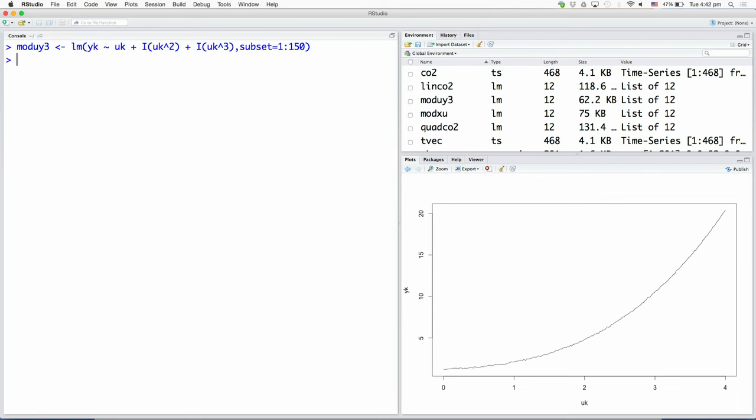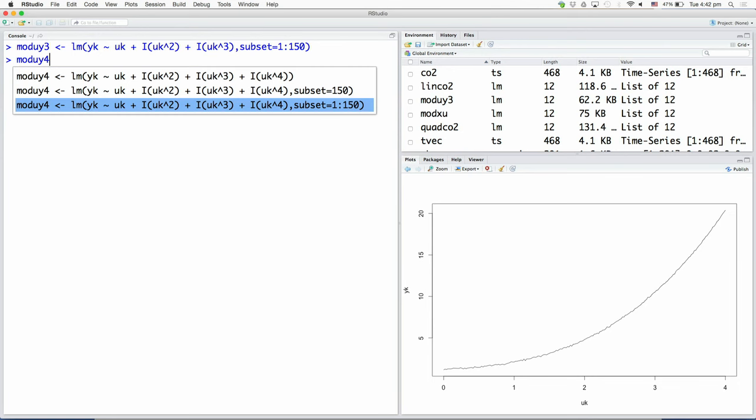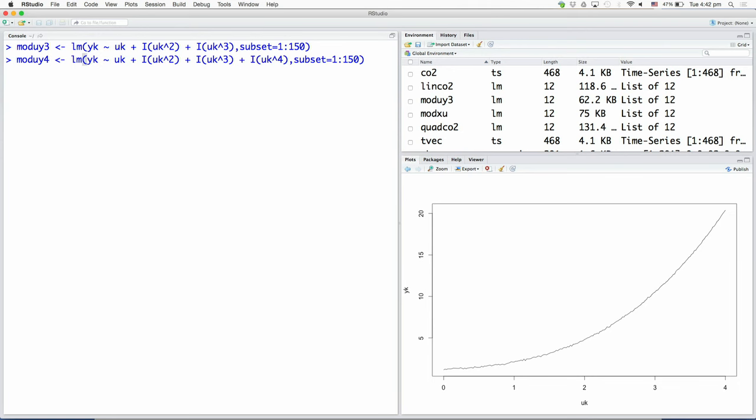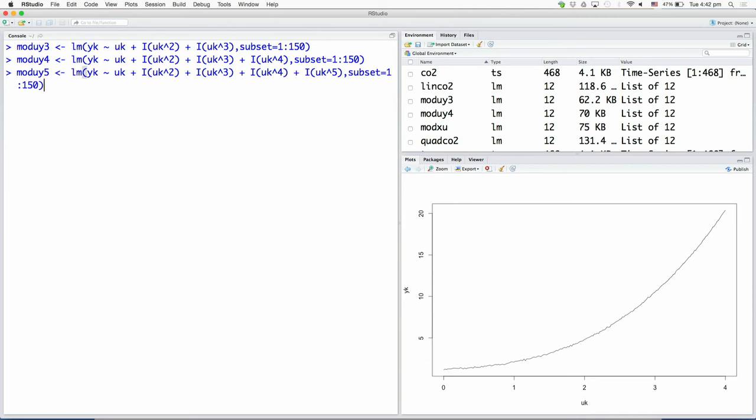Okay. So, I have this mod yu3, let us also build the other models in a similar fashion, and the 5th order polynomial as well. I am going to build all of them at once. So, these are the 3 different polynomial models. Now, we want to ask how good these models are. A good test for these models, of course, is to look at the individual model, the parameter estimates in these individual models.